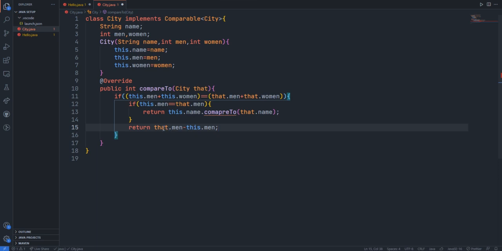For that I'm using that minus this. If you want ascending order, you just need to do this minus that.